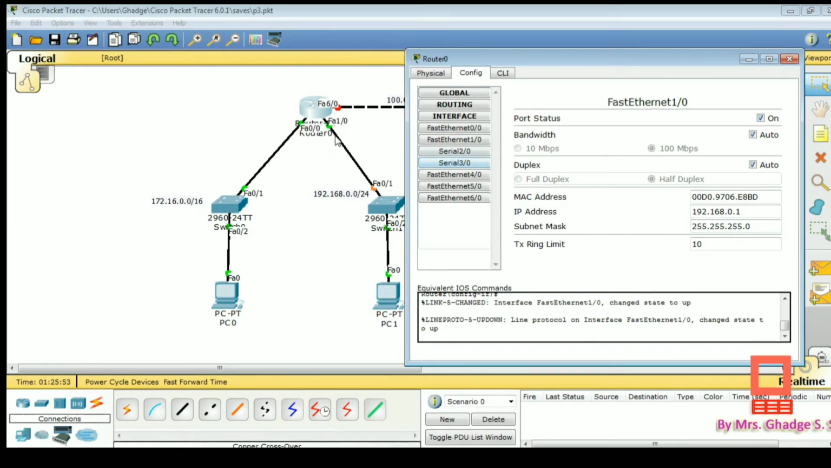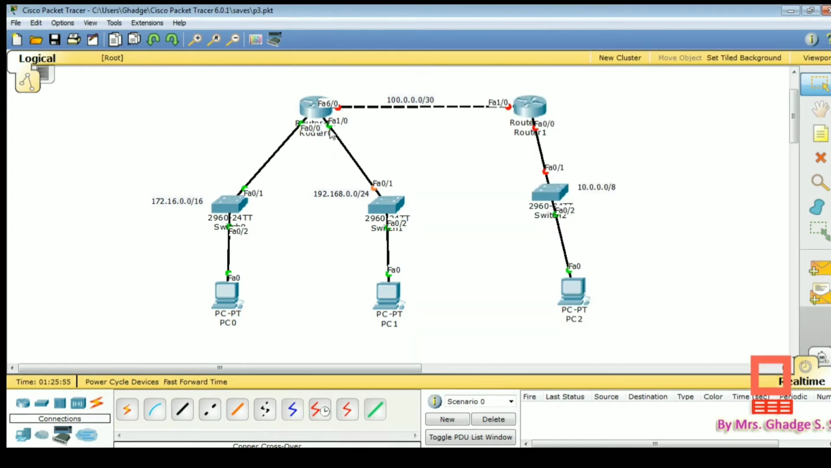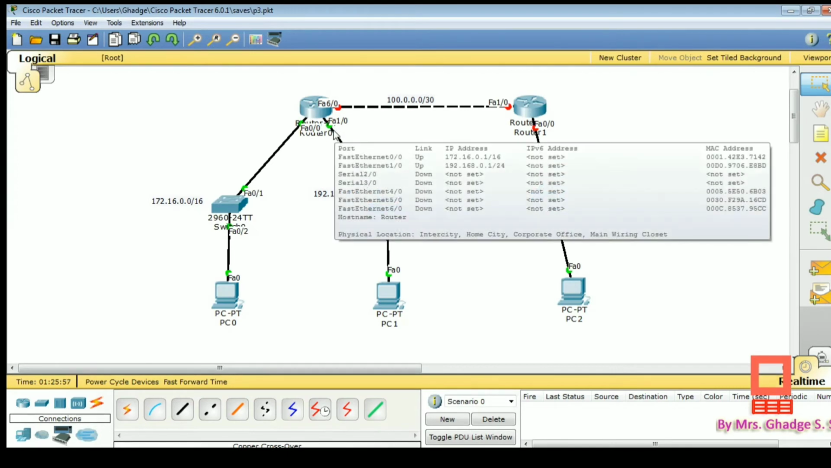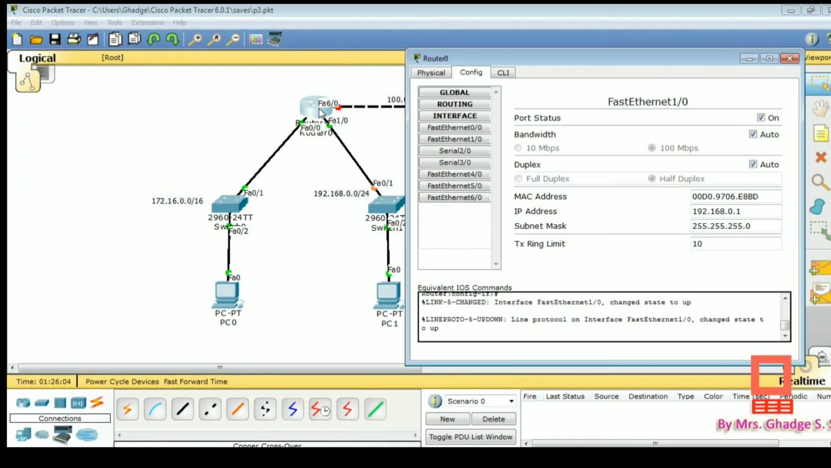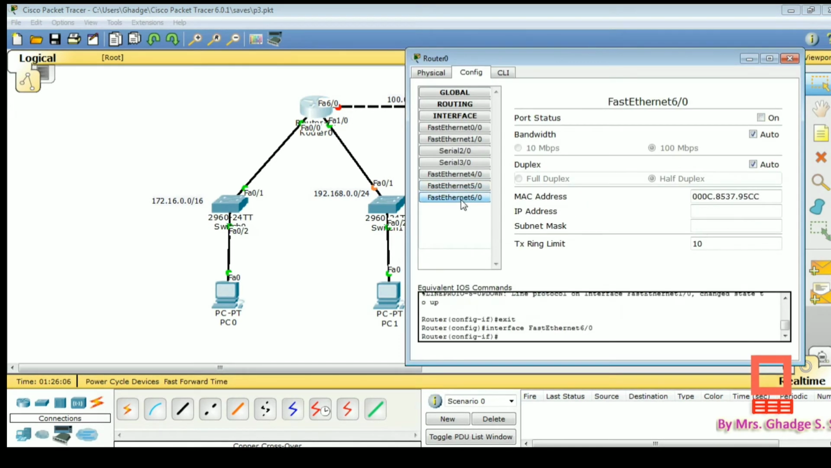Okay, so you can see the button changed from red to green. Okay, next configure the third interface, FA6/0. Again write here, suppose the IP address is